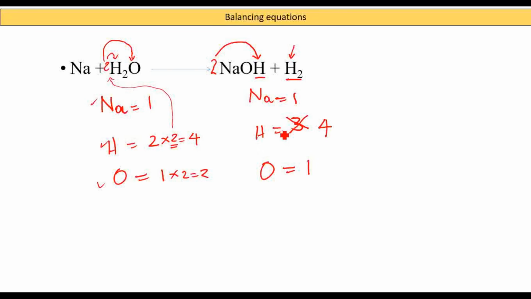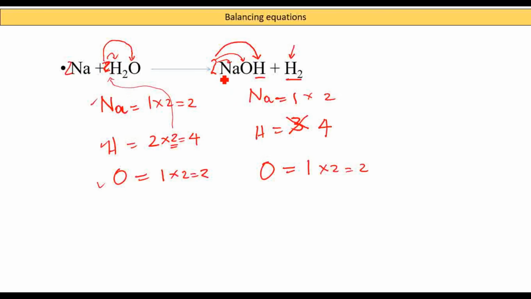Okay, good. And also, if I go back and check on this side, I've also affected my oxygen, which is 2. And I've also affected my sodium, which is now 2. Then we do a final check. My sodium is 1, but my sodium on this side is 2. Therefore, I need to times that by 2, which now makes it 2 here. So my final answer is 2 sodium,